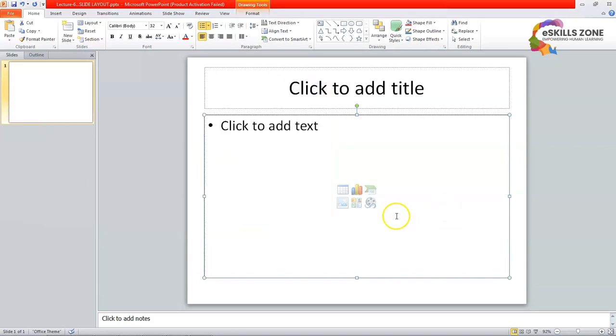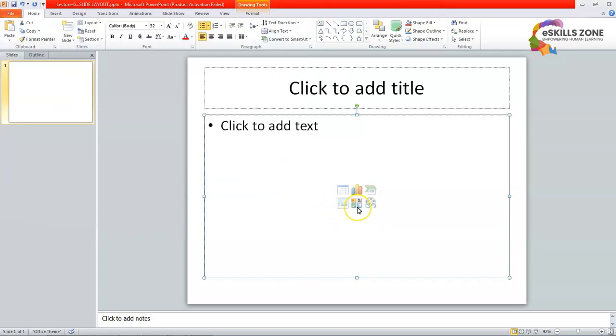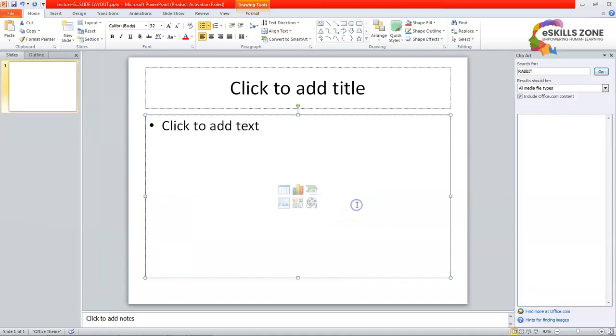Now we will drag our mouse to this icon, and you can see that it says insert picture from file. When we click on it, we can insert a picture from our computer. And this icon says clip art, and when we click on it, you can see multiple clip art available,